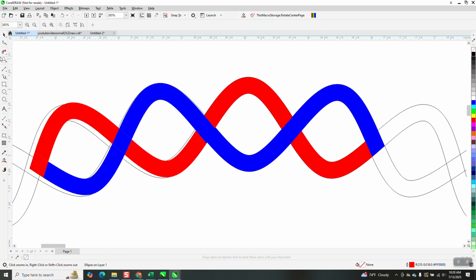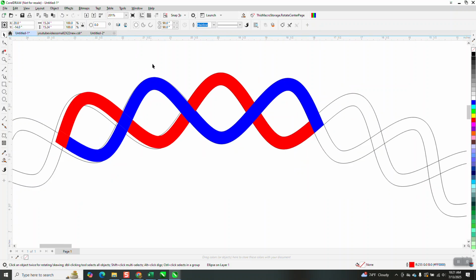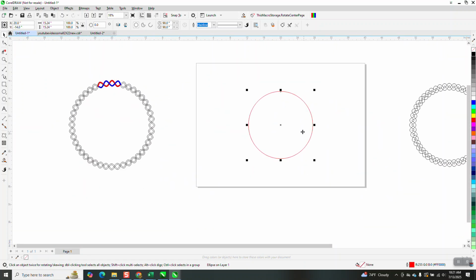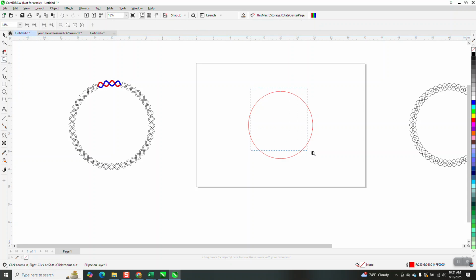Somebody sent me this file, and they're using the Distort tool. I forgot what it was called to make this pattern. But as you can see, they don't match up when you rotate it. That's because it's not perfect when he did it. So I'm going to go over what he did and just kind of give you an